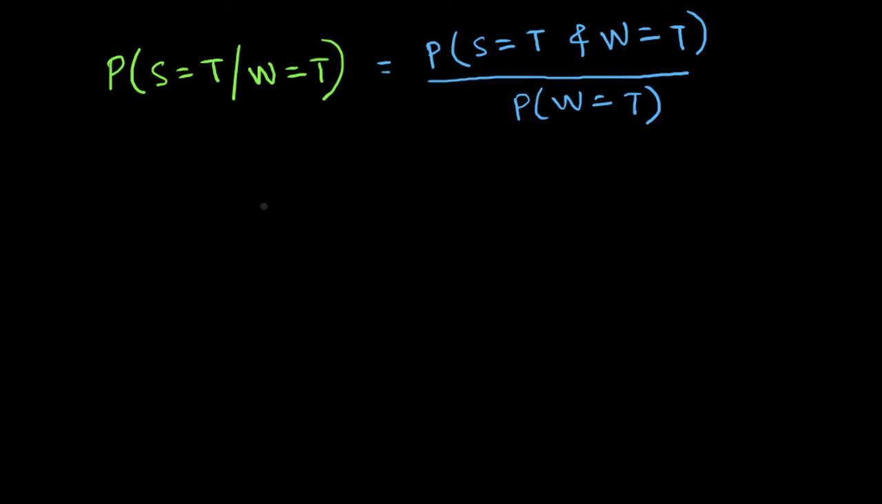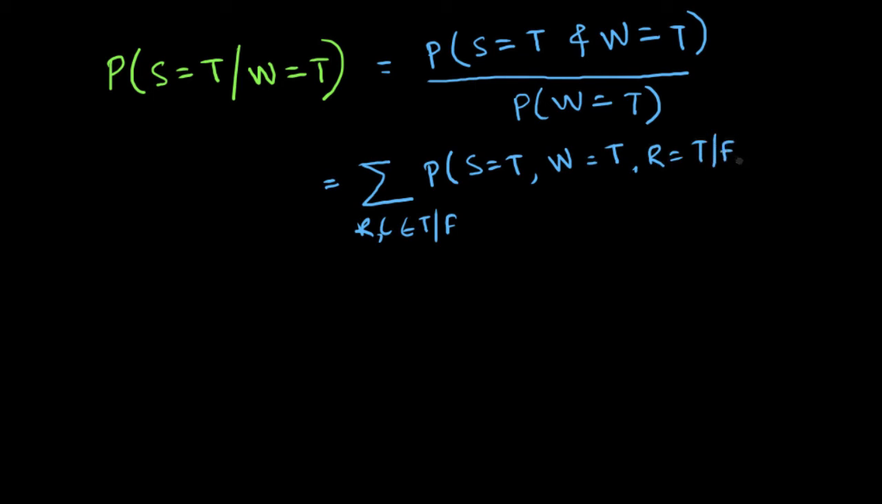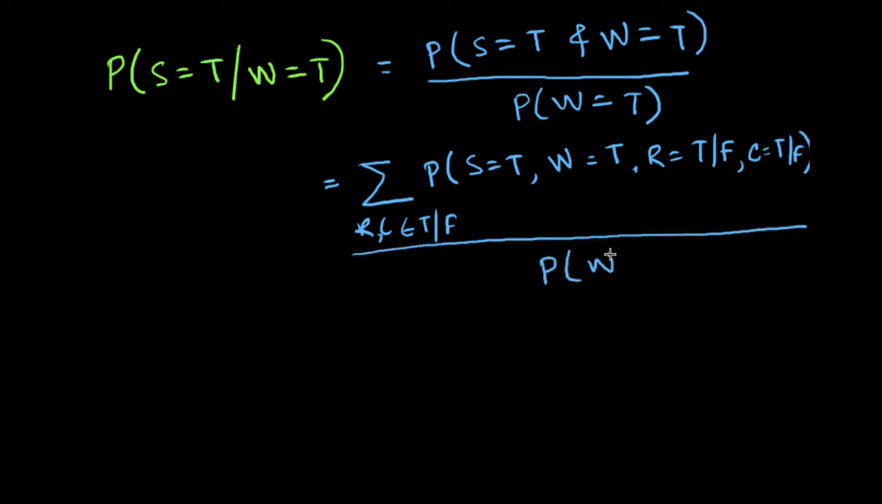And now this is equal to the sum over rain and cloudy belonging to true/false of the probability of S equal to true, W equal to true, R equal to true/false, and C equal to true/false, divided by the probability of W equal to true. And now, using the table, we can calculate all these probabilities. I'm not going to go into all the details, but if you do the calculation, what you will find is